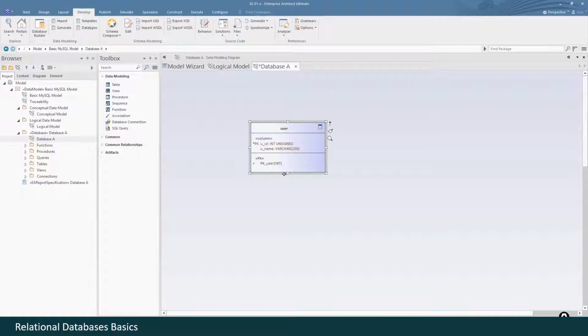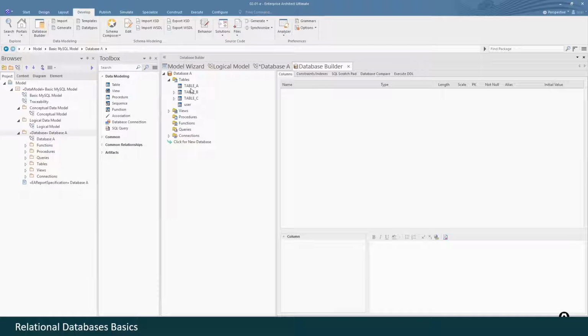Here's the result. Now we shall export this table into a real database in a real DBMS. We may select Develop here, Database Builder. If you see those dummy stub tables, that means that we've forgotten something here. That doesn't matter right now.